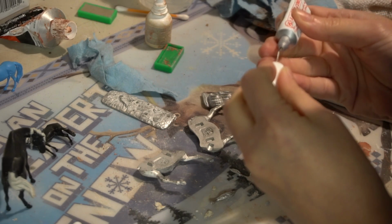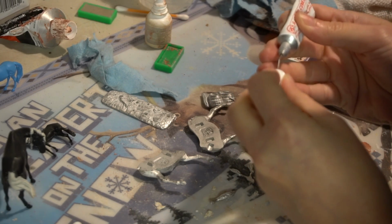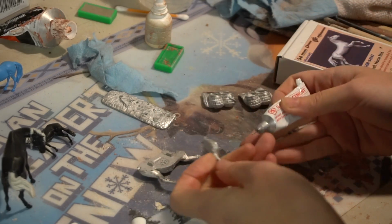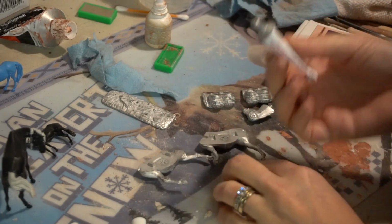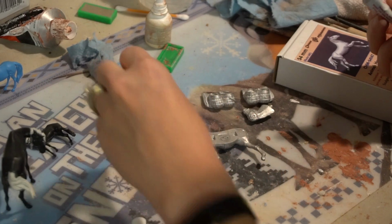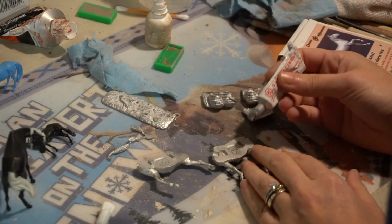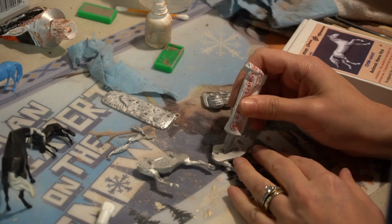See, this also has a very thin applicator tip, but it does sometimes get clogged. Alright, so I'm going to put some on, and this takes a while to dry, just like the E6000. It doesn't just automatically stick together, so we're going to let it sit for a little bit. So what I'm going to do is put some in the,